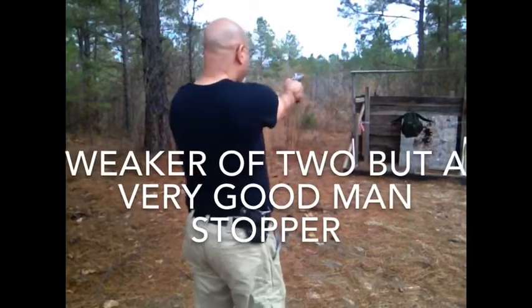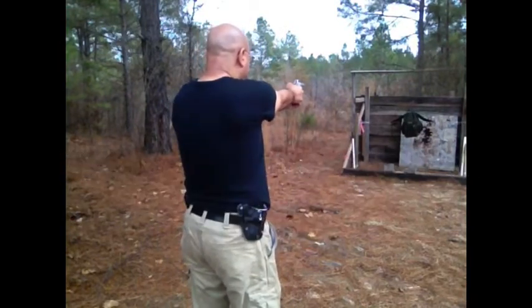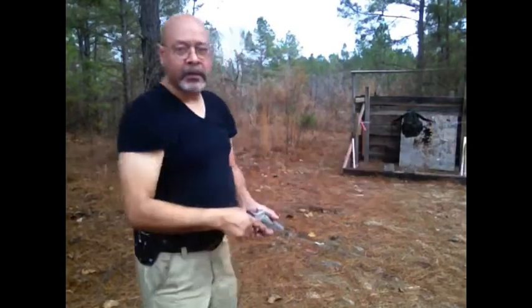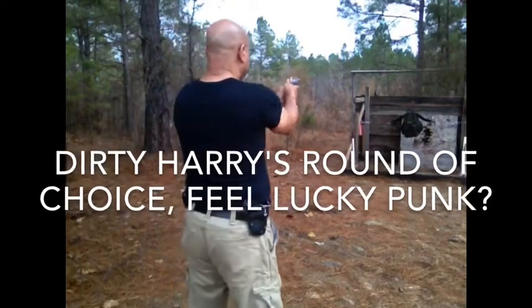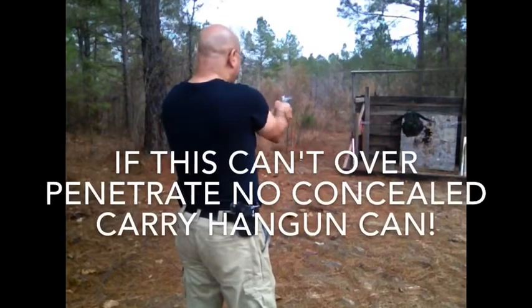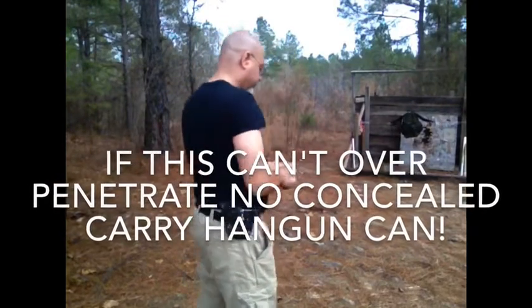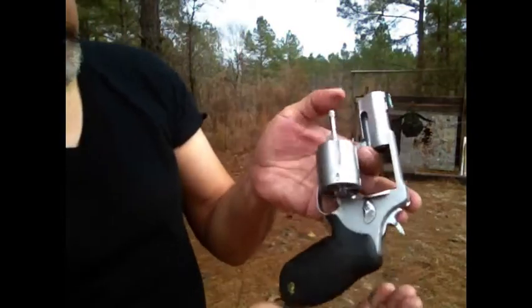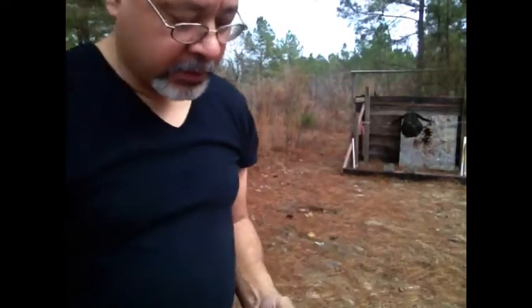This one is the 44 Special. And now comes the 44 Magnum. You can see both rounds have been fired. Shells extracted. And now comes my favorite,